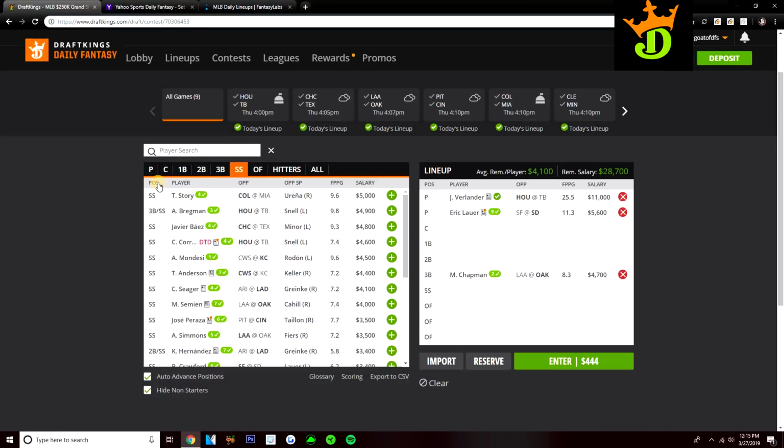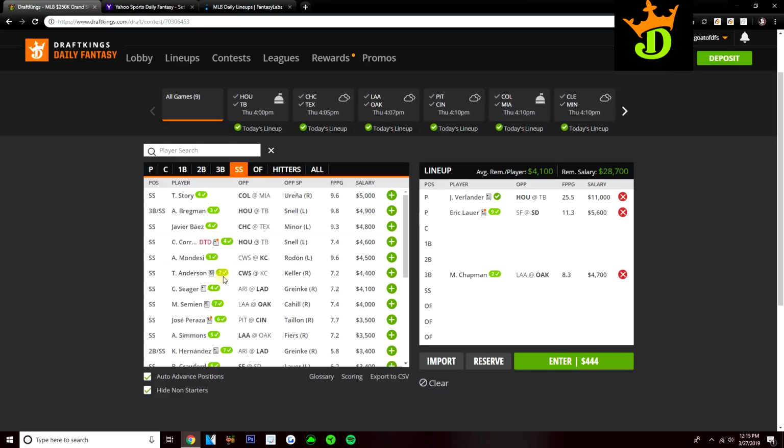Stacks are going to be something you're going to hear me talk about a lot in MLB DFS. And stacks are usually what win you tournaments. Like, you can game stack in NBA, you can, I guess, game stack in NFL, but MLB, that's where stacking is something you just do every day. Because usually there's going to be at least a couple teams that score 6, 7, 8 runs and kind of win you a tournament. So that could be Oakland today, and I do like them quite a bit.